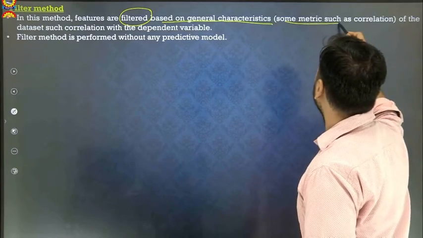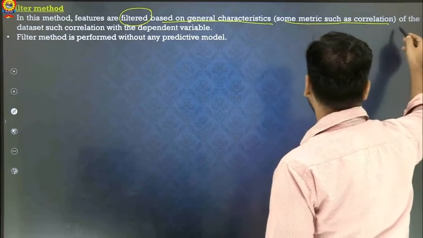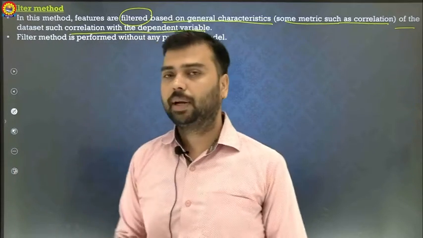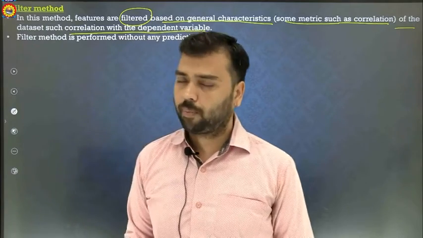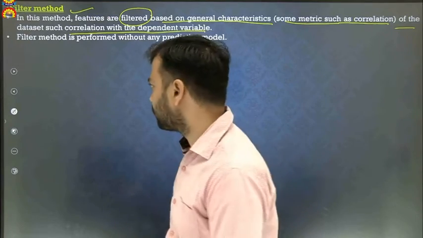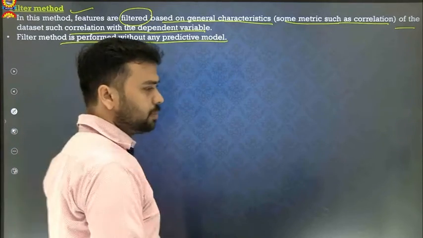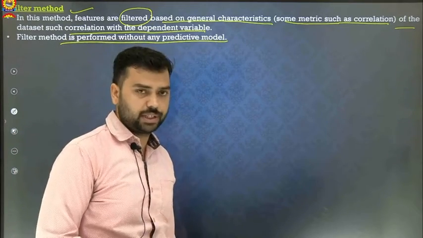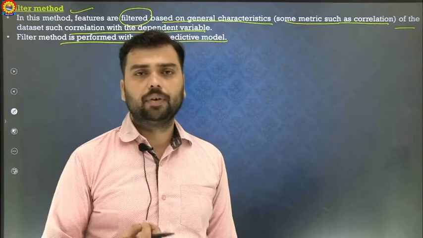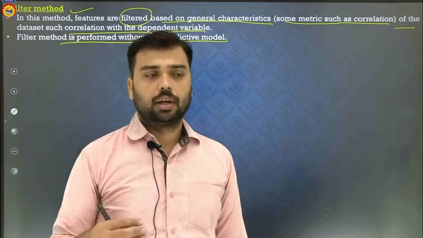We use metrics such as the correlation matrix, which we discussed previously, to measure the correlation of data sets, such as the correlation with the dependent variable. This information is used in the filter method, which is a proxy method. The filter method can be performed with any predictive model. We filter the features and predict our target value, and we hope that the subset is more effective for predicting the target value and that the removed features do not lose information.